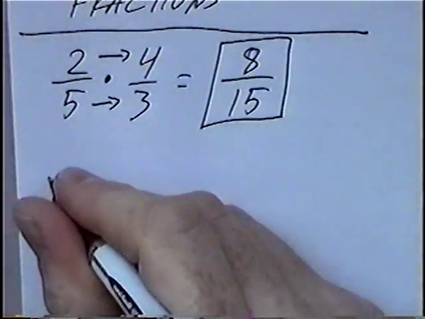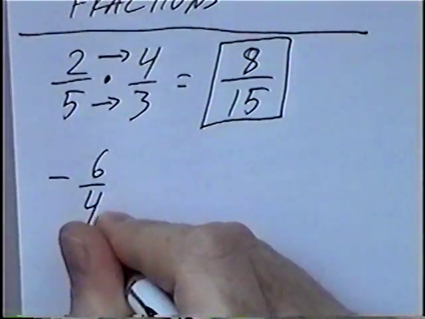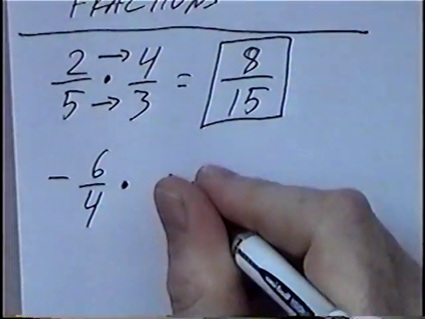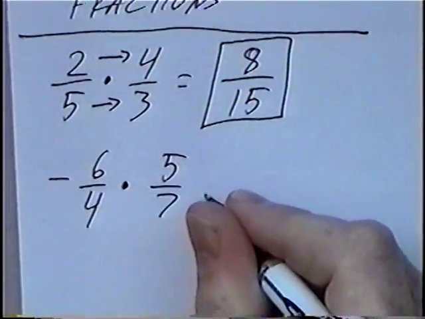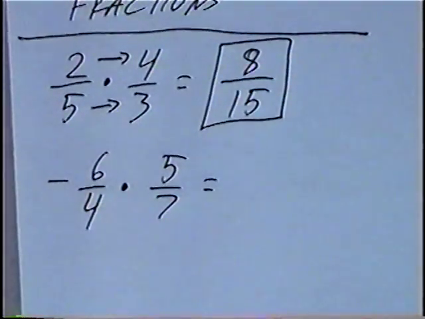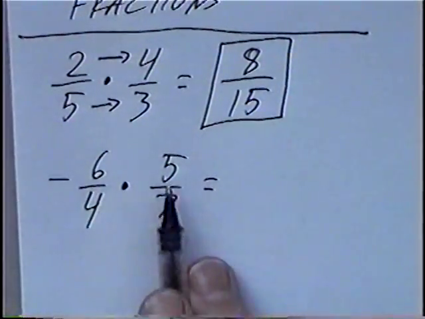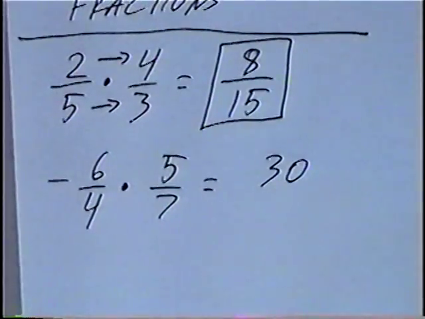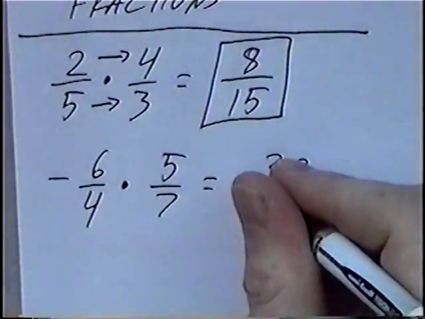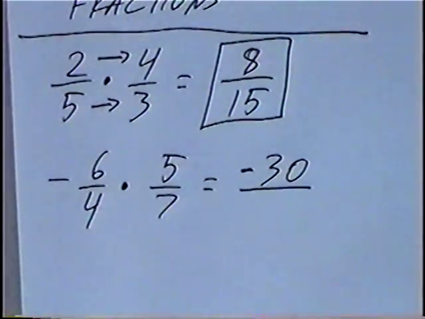Second question, negative 6 over 4 times 5 over 7. Again, multiplying fractions, we can multiply straight across. 6 times 5 would be 30. We do have a negative, so we'll have a negative 30 divided by